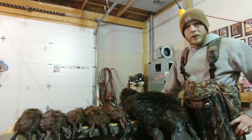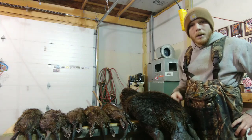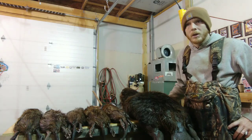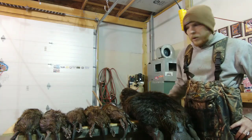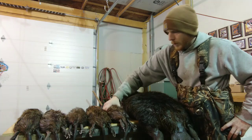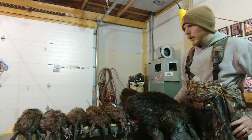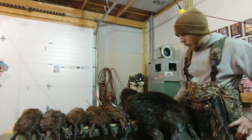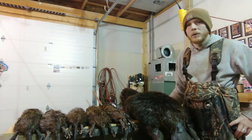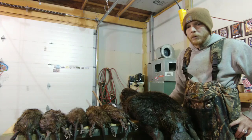Oh yeah, another okay run today. Got the other big beaver from that spot. Got both adults, I'm pretty sure, so we pulled that set. 5 muskrats, all nice big muskrats. This one here's a little smaller, but the other ones are nice, big, fat, good size. I think we're going to pull tomorrow probably. I'm sure we'll have some flooded stuff to deal with, which